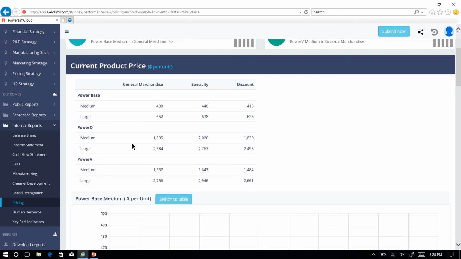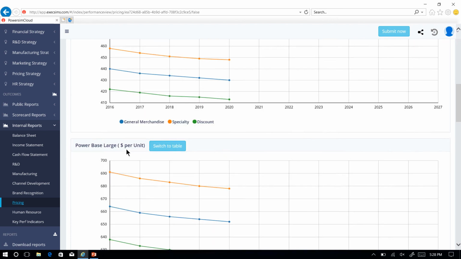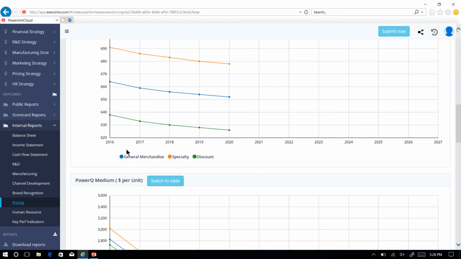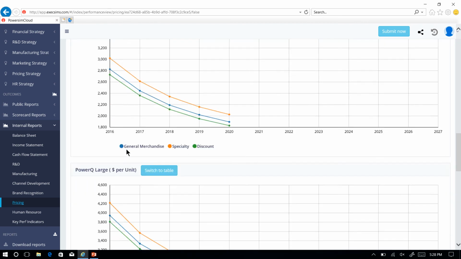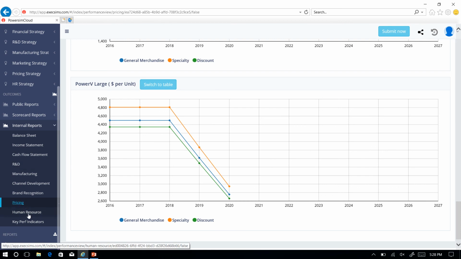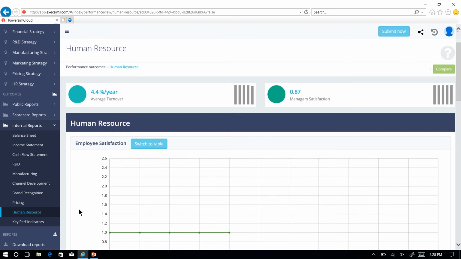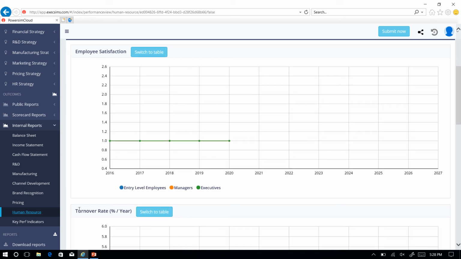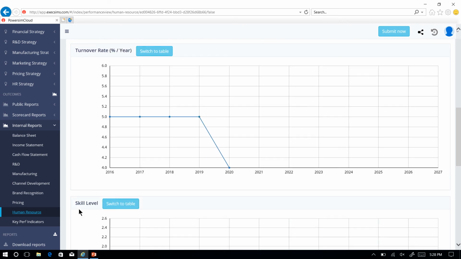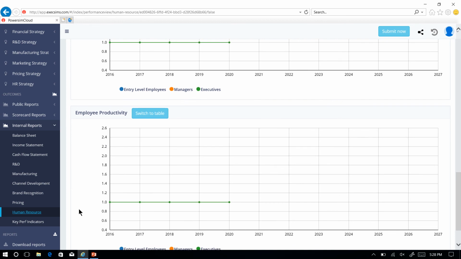We were able to see this under public reports as well. And here we have a table for each variation. We have power base for medium and large, power Q, medium and large, and then power V, medium and large. Next thing we have is human resource, where we can view employee satisfaction. And then we have turnover rate by percentage per year. We have skill level, employer productivity,